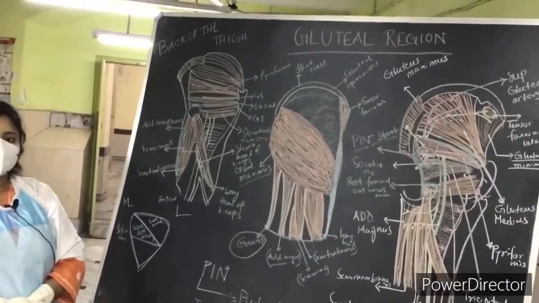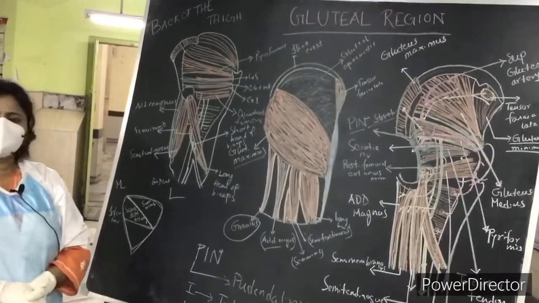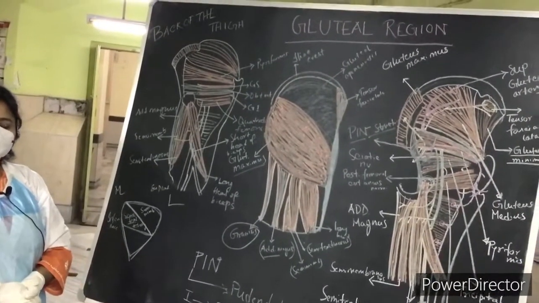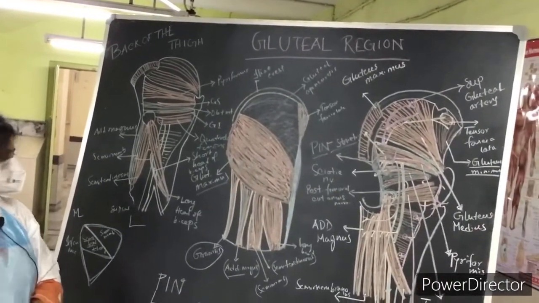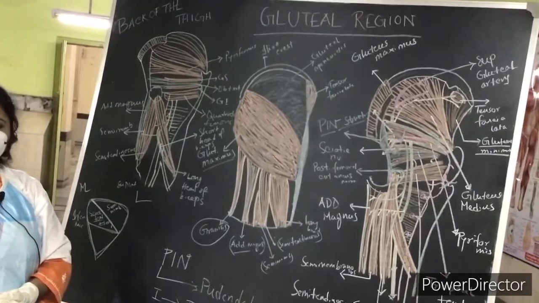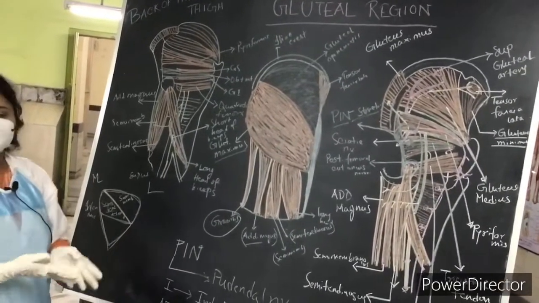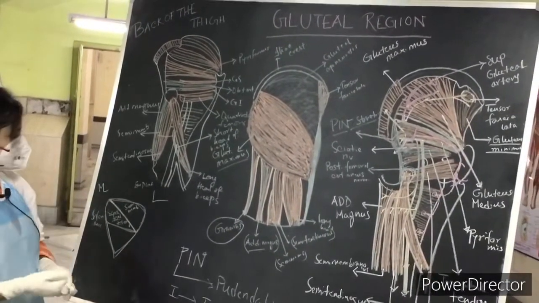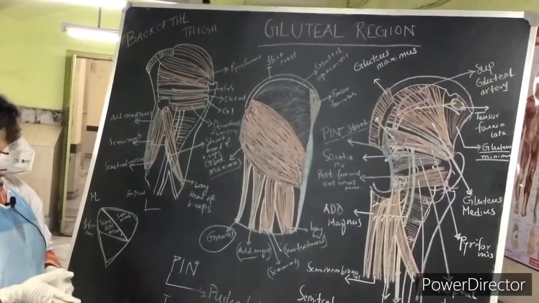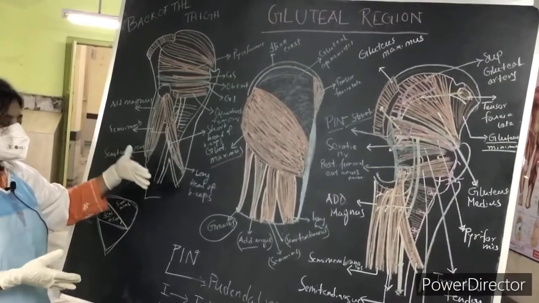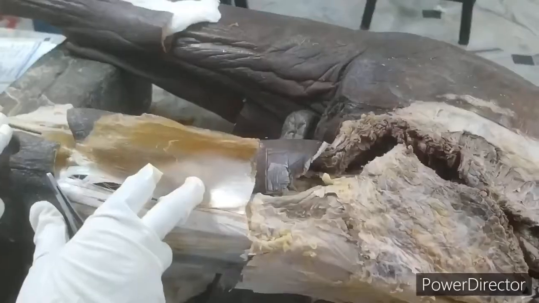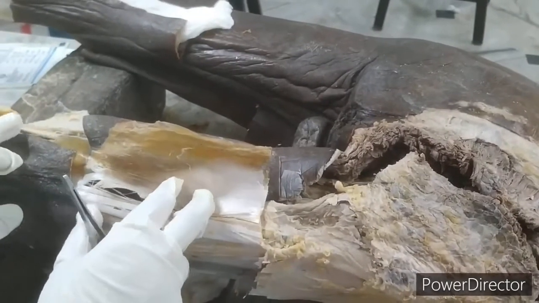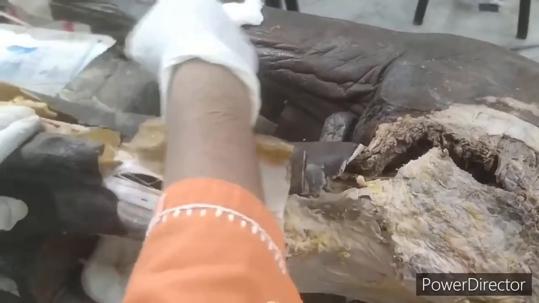We will also get the anastomotic chain of the arteries, that is, the anastomotic chain of the profunda femoris artery, in the undersurface of the adductor magnus muscle. So these are the contents of the back of the thigh. So let us see those in the cadaver. So let us discuss the different structures in the cadaver.